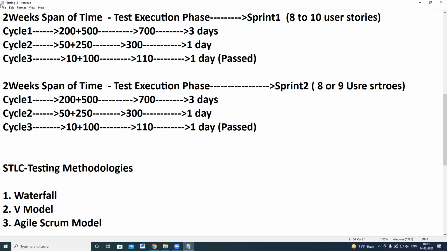So in your companies, the test methodology can follow any of these approaches.